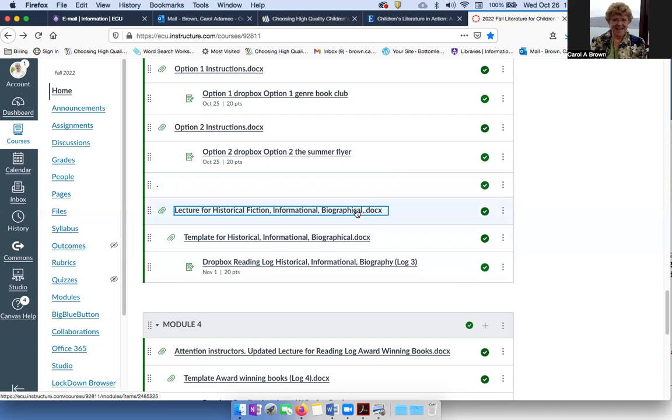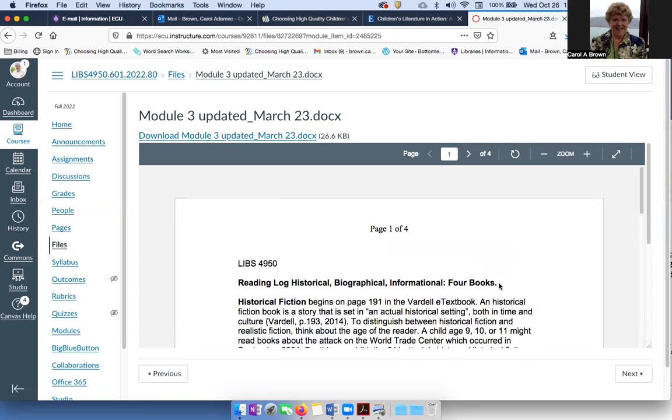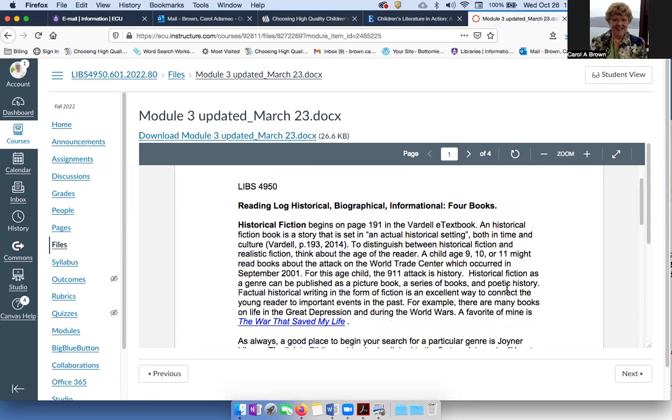Let's look at the document. If I open this up, these are your instructions. And once again, I point out that it's important when you describe through the summary and even in the recommendations, whenever you make a statement, you need to cite how you make that statement.